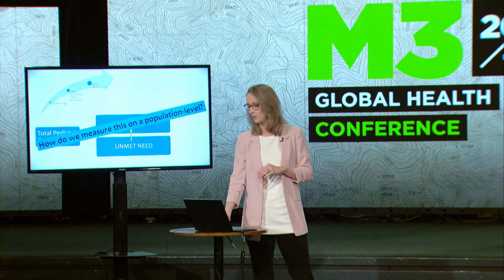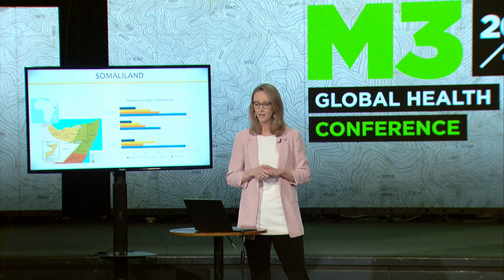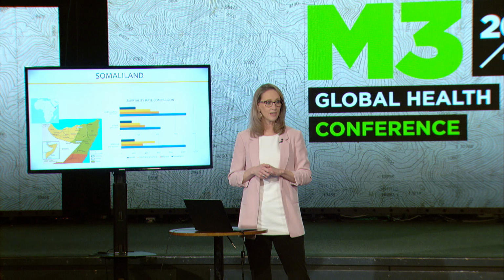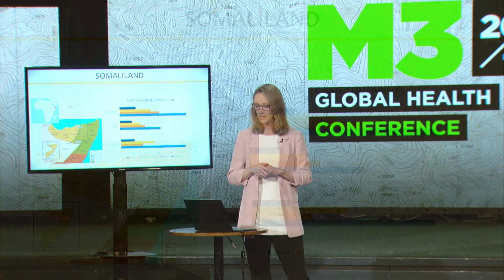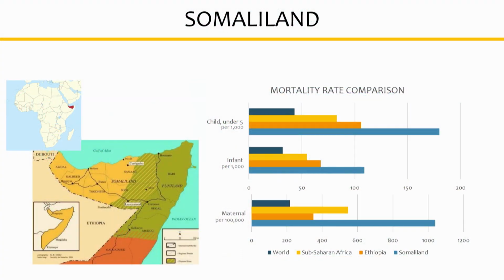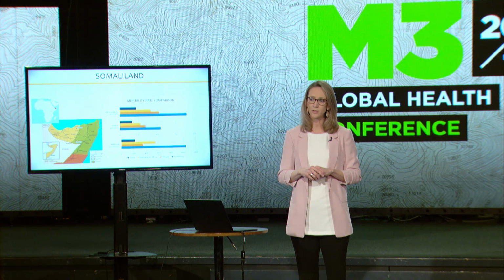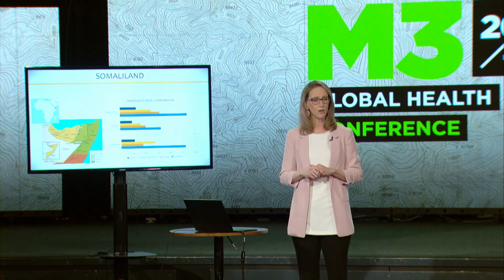So let me take you to Somaliland. Somaliland is in the Horn of Africa. It is East Africa. It is part of Somalia, but it is an independent state within Somalia. So it's a country to its own. On the border is Ethiopia, and then the northern border is Yemen. It's also one of the poorest countries in the world. It's the fourth poorest. It has a yearly GDP per person of about $348.